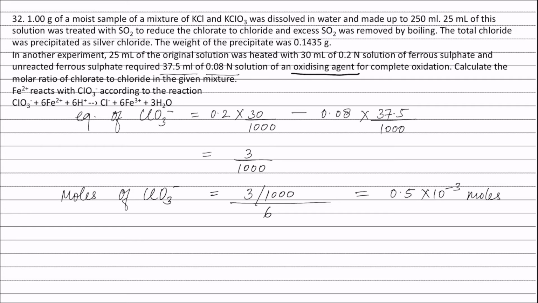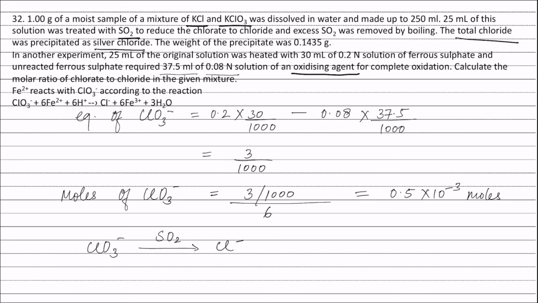Now in the first part of the experiment, the mixture of potassium chloride and potassium chlorate was treated with sulfur dioxide. On treatment with sulfur dioxide, the chlorate ion got reduced to chloride ion. Now after converting the chlorate to chloride, the total chloride was precipitated as silver chloride. Now this total chloride includes the chloride from potassium chloride and the chloride which is obtained from chlorate or potassium